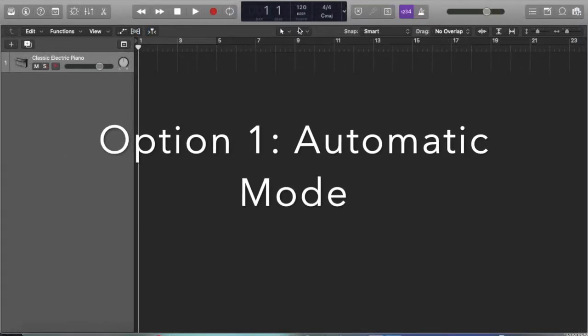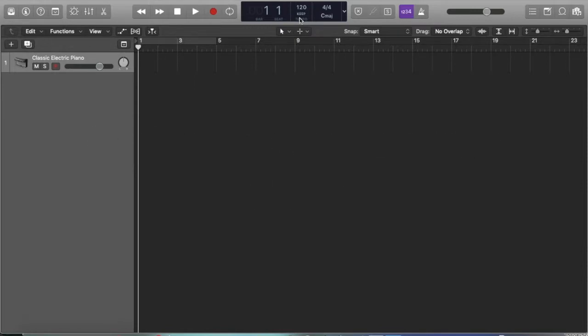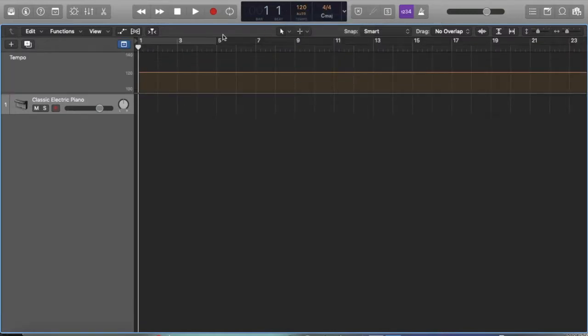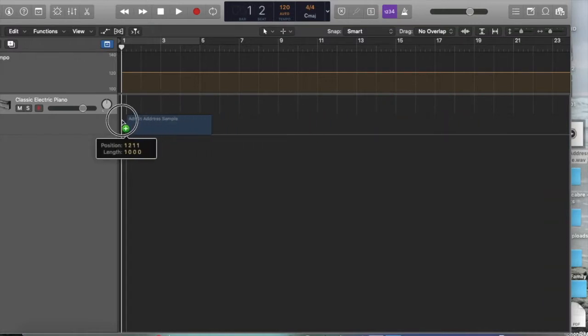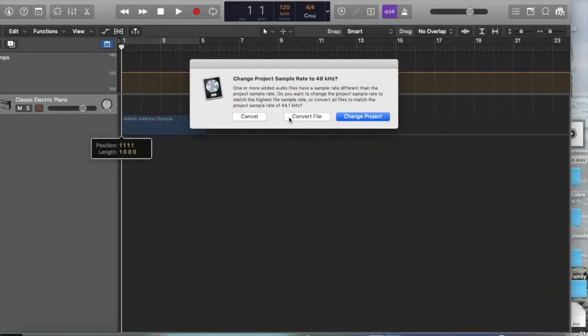Okay, so a way to find the tempo of our sample is to go up to where the tempo is kept up here in display and go from keep project tempo and switch it to automatic mode or auto. Now that's going to automatically open up our global tracks, and here you can see the tempo. Hopefully this will change and it will actually be able to analyze and figure out the sample tempo with this option. We're going to go ahead and click change project,